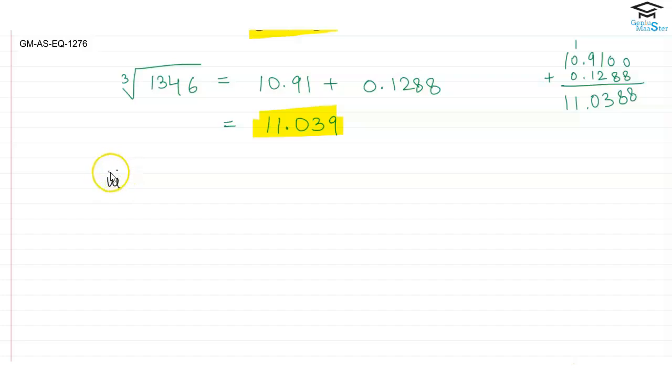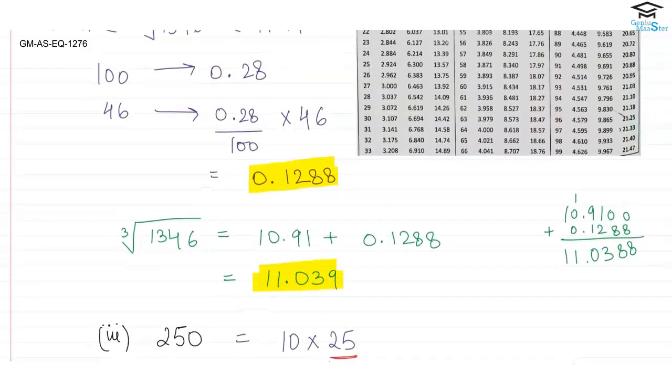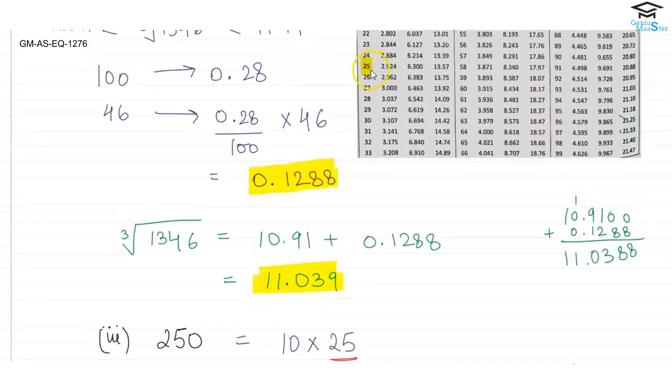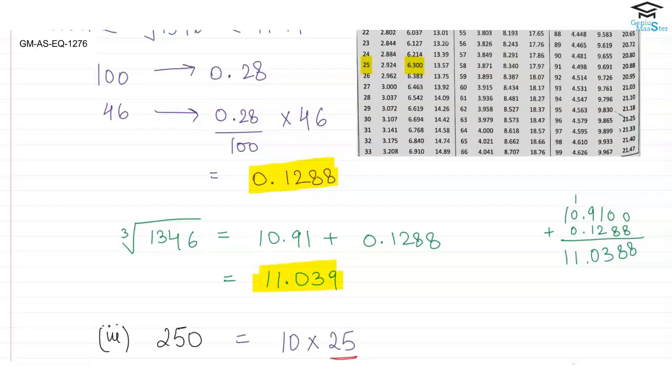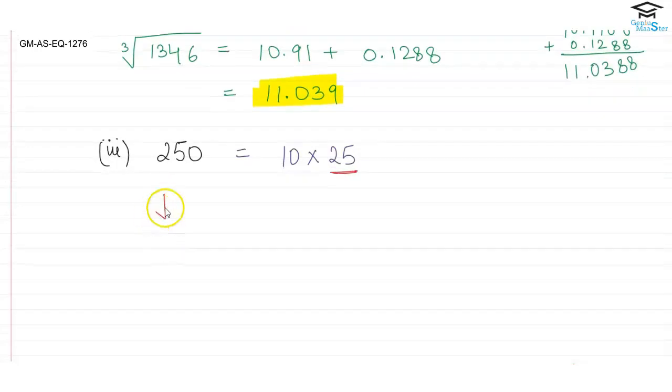Now our third number is 250. We can write 250 as 10 into 25. So we will look for 25 in the table. So 25 is here, and we will look for the second column, which is cube root of 10x. X here is 25. So this will be the answer. So we can write cube root of 250 equals to 6.3